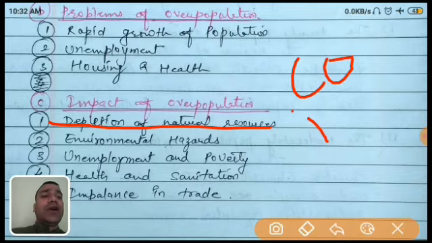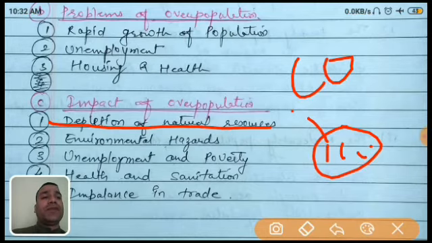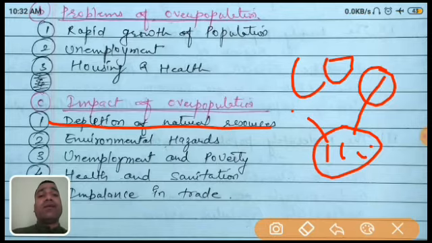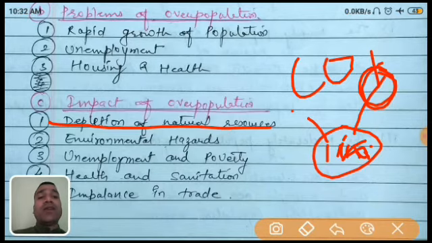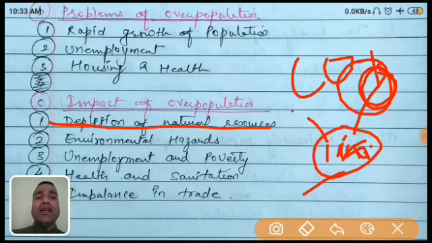If in a colony, in one area, there are 100 houses, they require water. The water is limited, because the river has only so much water, or wherever the source of water is. If the population increases and it becomes 150, the water is still limited. So what will happen? There will be a crisis of resources. This is the problem of depletion of natural resources, because natural resources are limited, like coal, petrol, diesel, even plants. For their needs they also cut the trees for housing purposes and for industrialization.